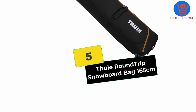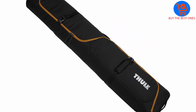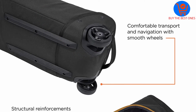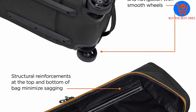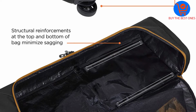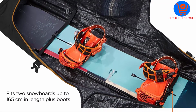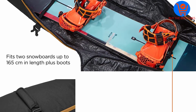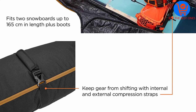Starting at number 5, we have the Thule RoundTrip Snowboard Bag 165 cm. The Thule RoundTrip Snowboard Bag is a top-quality, feature-rich bag option for serious riders who log a lot of days on the hill each season. A stellar choice for day trips and international adventures alike, the RoundTrip features a multi-board capacity and modular compatibility with other Thule snowsports bags. Able to fit boards up to 165 cm in length,